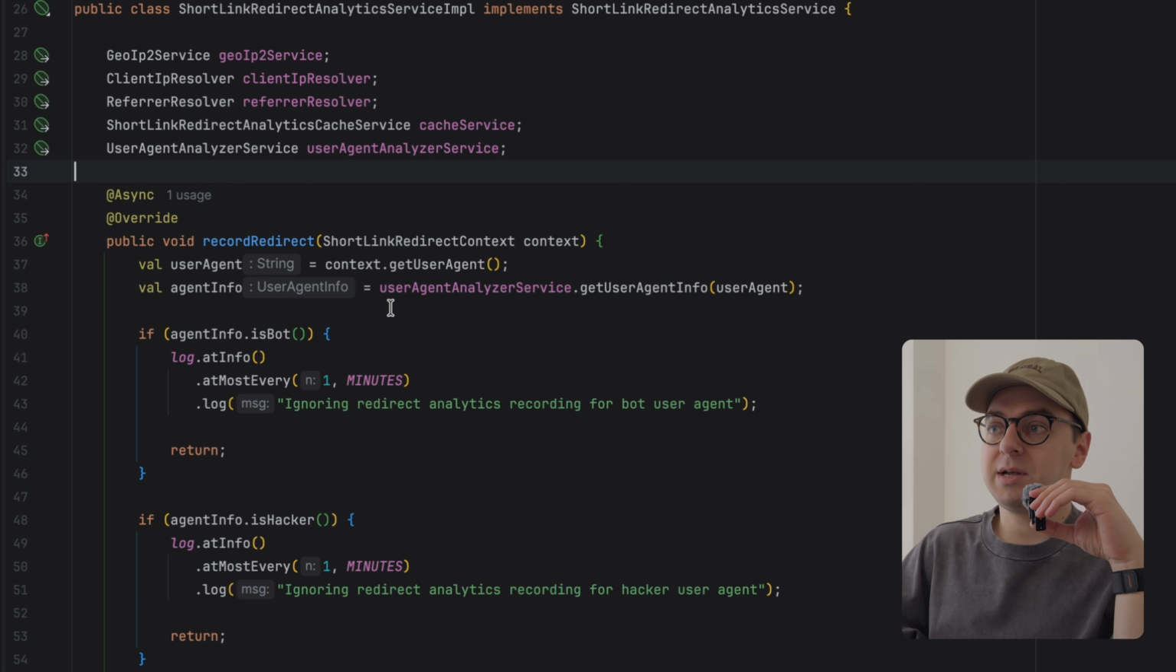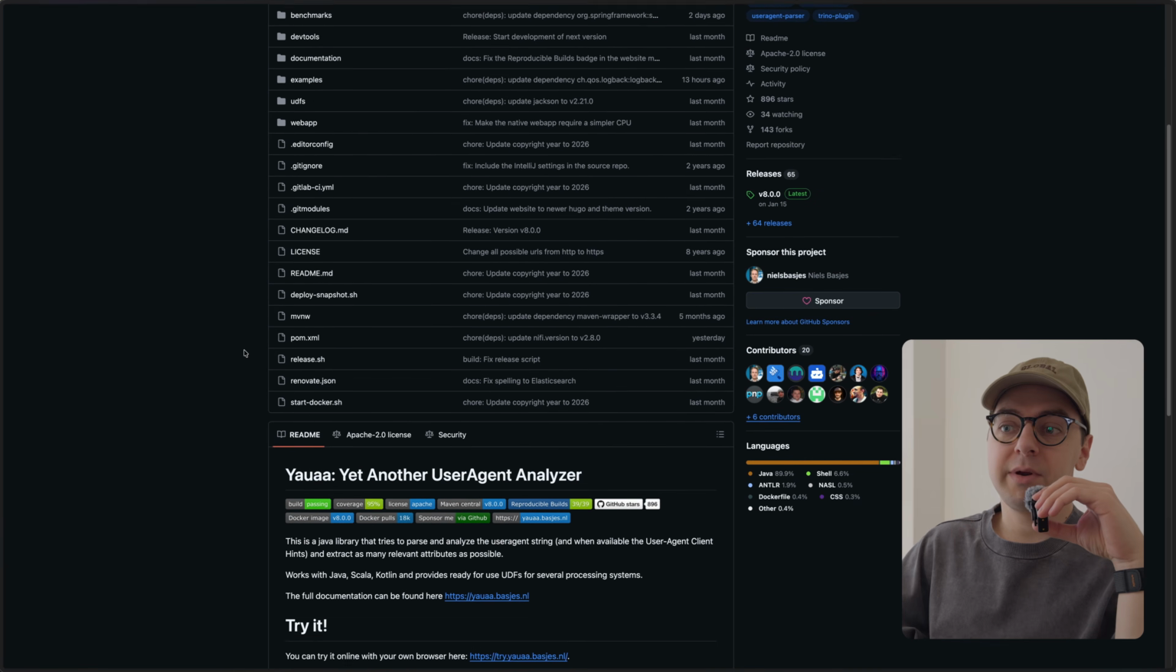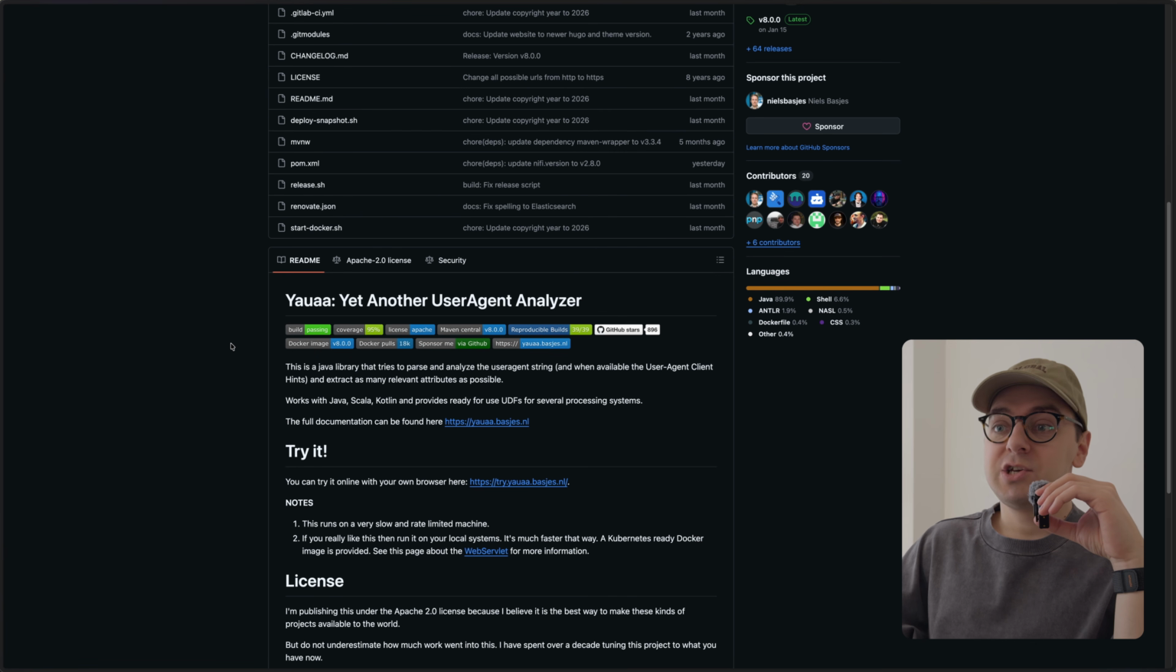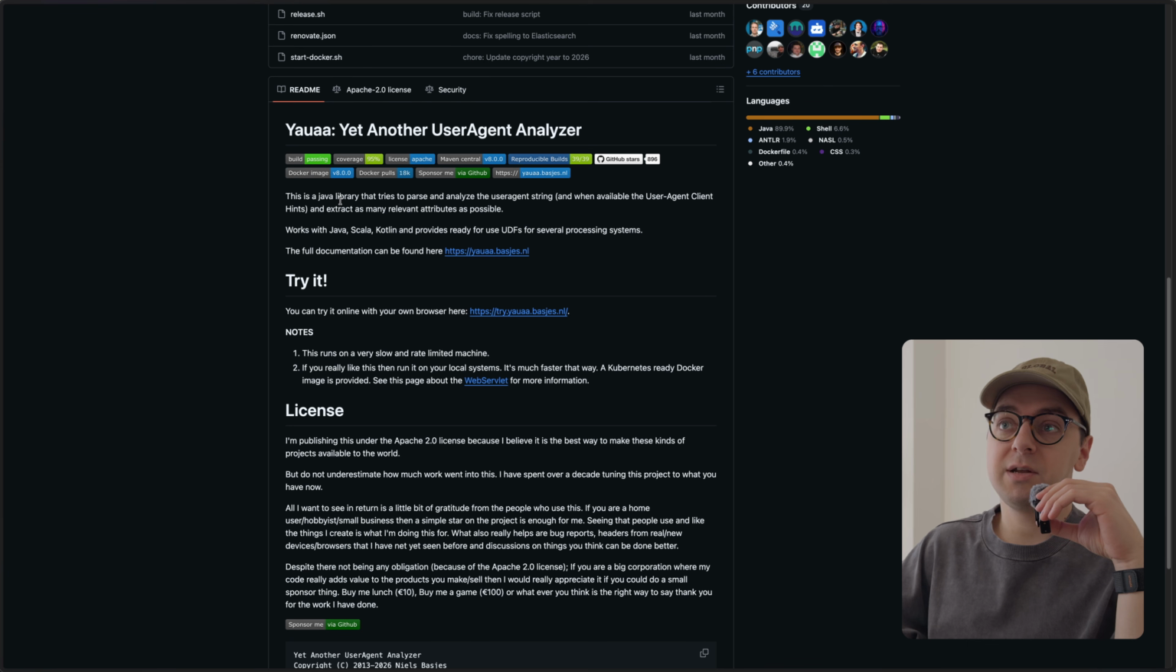So we need to parse and analyze the user agent header, and to help me with this, I use a library called Yet Another User Agent Analyzer, and apart from getting the device and operating system information, it also allows us to validate whether it's coming from a bot or from not a very good person that tries to